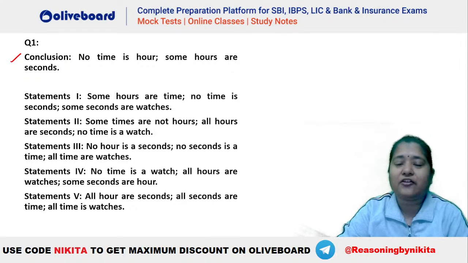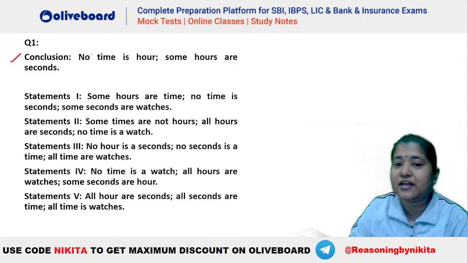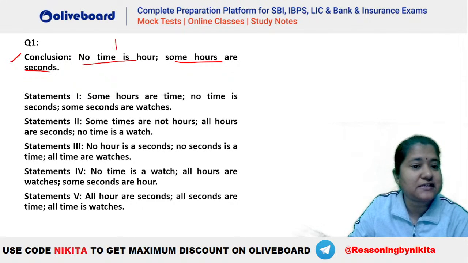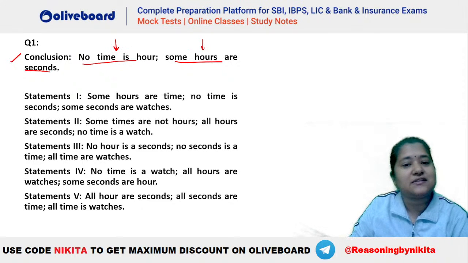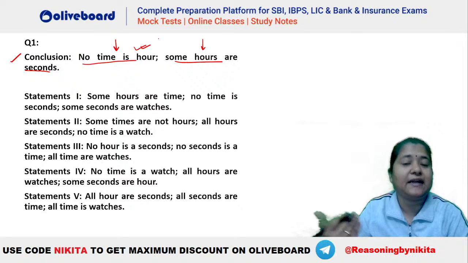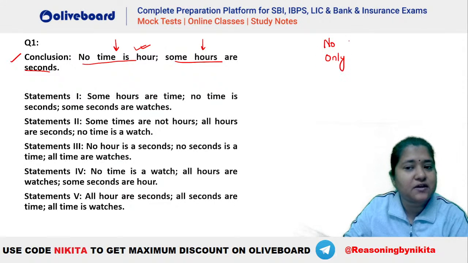Okay, let's understand how this particular question is to be done here. So you can see that we have been given two different conclusions: No time is R and some R's are second, right? So this is a universal negative conclusion and this is a positive conclusion. Now, to have a definite universal negative conclusion, there are only two methods. Either you should have a no in the statement or you should have an only in the statement. These are the only two possibilities, isn't it?